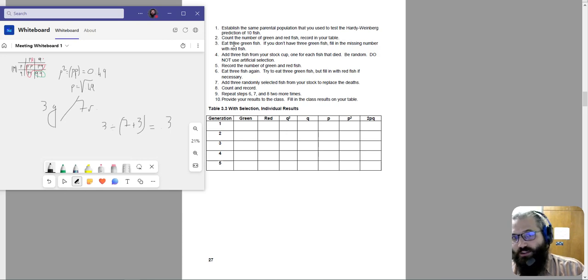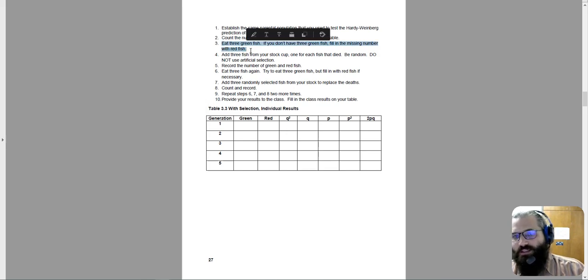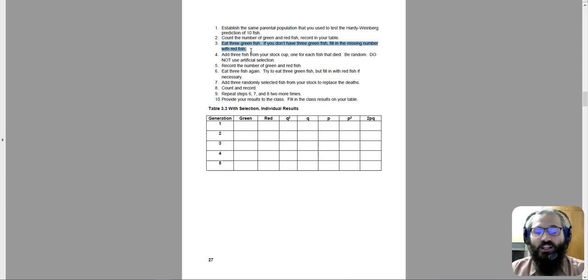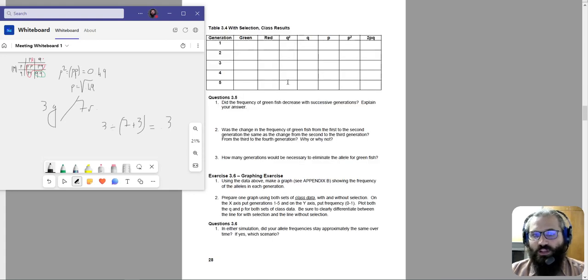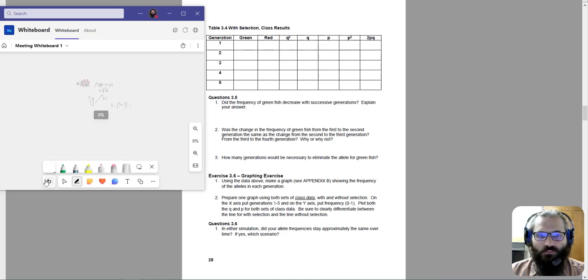So this is a violation of Hardy-Weinberg, a selection pressure, selection against the green. So you should see the allele frequency of green going down. You have a class result, and then you will graph the whole thing. You can ask someone in the class, the MS team, to share the graph of the class to see it, and you should notice in that graph